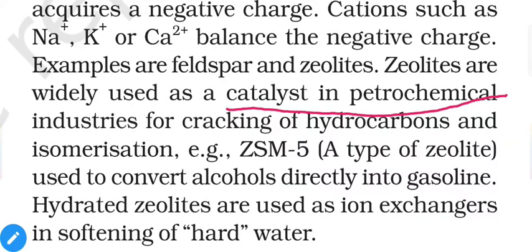Now their use in cracking of hydrocarbons can be understood as them acting like a normal filter for molecules. If you want a specific type of hydrocarbon from crude oil, then we can use zeolite. They will filter out all the different shapes and sizes, and allow only a specific shape and size. That means we can filter out the unwanted chains of hydrocarbon and get specific chains of hydrocarbon. That's why they are a very useful compound.